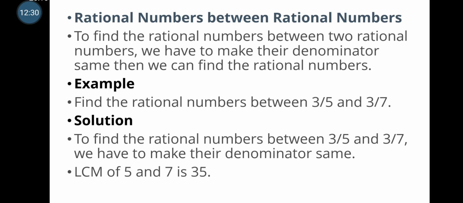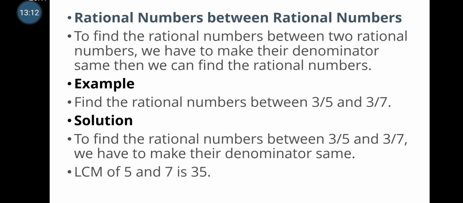Then, rational numbers between rational numbers. If it is asked to find any number of rational numbers between two given rational numbers, we have infinite rational numbers between them. It is not just one or two. Suppose I ask for any number between 1 and 2. Among natural numbers, you don't have any natural number between 1 and 2. But if I ask you to find a rational number between 1 and 2, you have infinite, uncountable, never ending. So you will have infinite rational numbers.